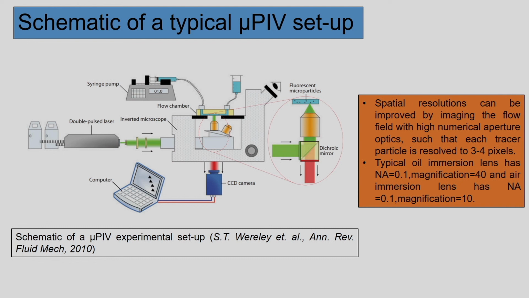So what you can see from the schematic is one light source. I will be showing the different components through a block diagram in the next slide, but before I go to discuss that slide, I will try to discuss a few important points from the schematic. What we can see is that at the top we have one syringe pump. So this is a typical micro PIV setup. This is used to capture the flow parameters, micro flow parameters to be precise.